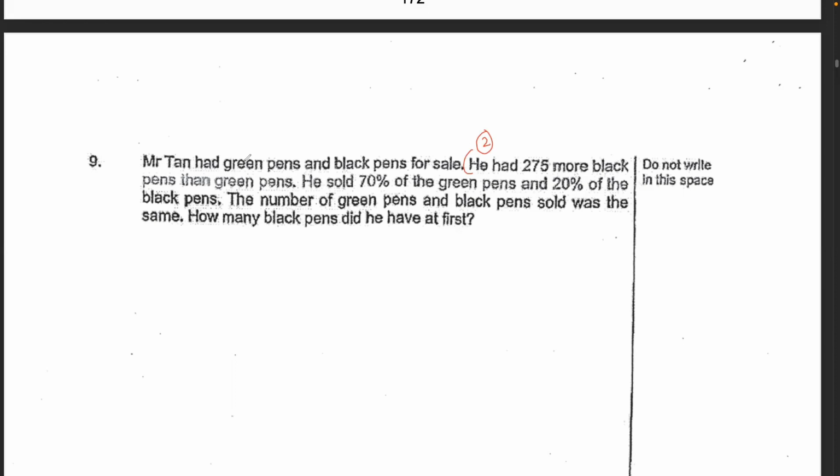So this sounded like a before and after question to me, right? So I can see that number 2 is my B, all right? Now, if I continue reading, I realize that he sold 70% of the green pens. I'm not encouraging you to continue reading all the way to the end. I'm just trying to tell you that you have to read a bit more to know that this is a